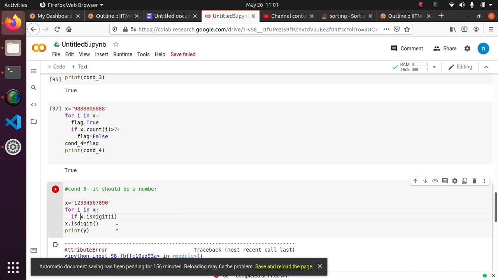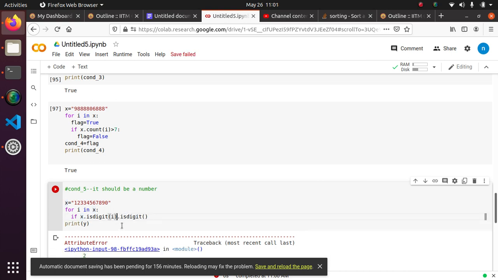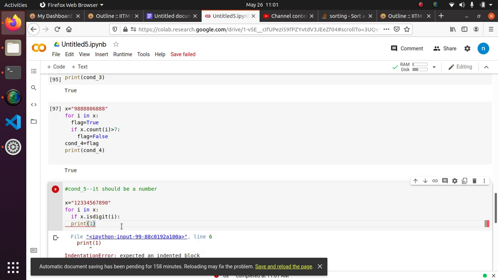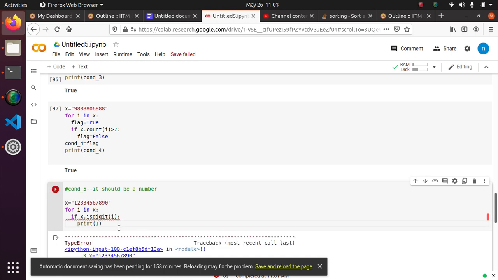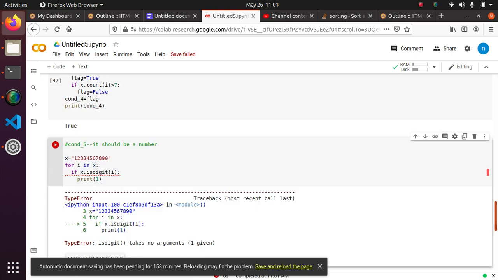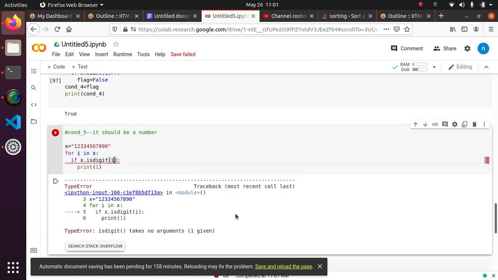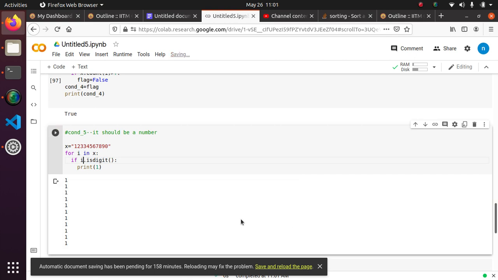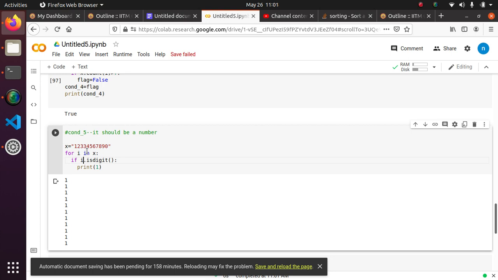It is just checking is digit. So x dot is digit means, okay, we need indent now. Got it.